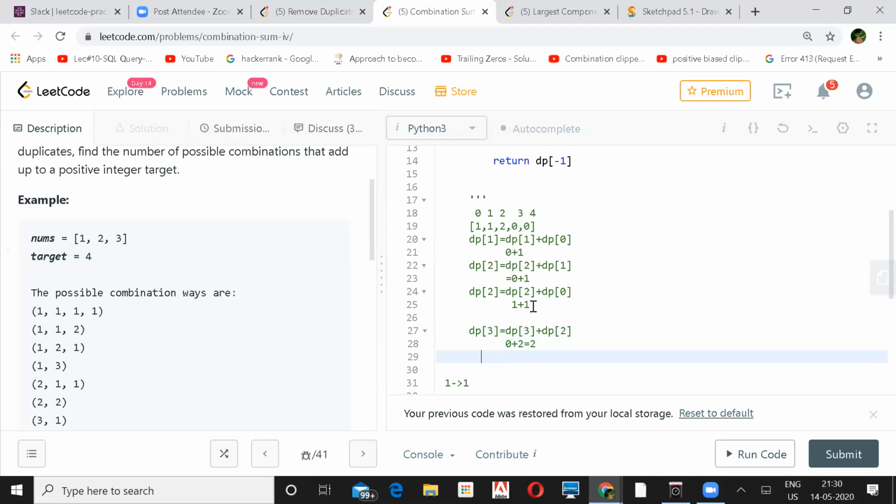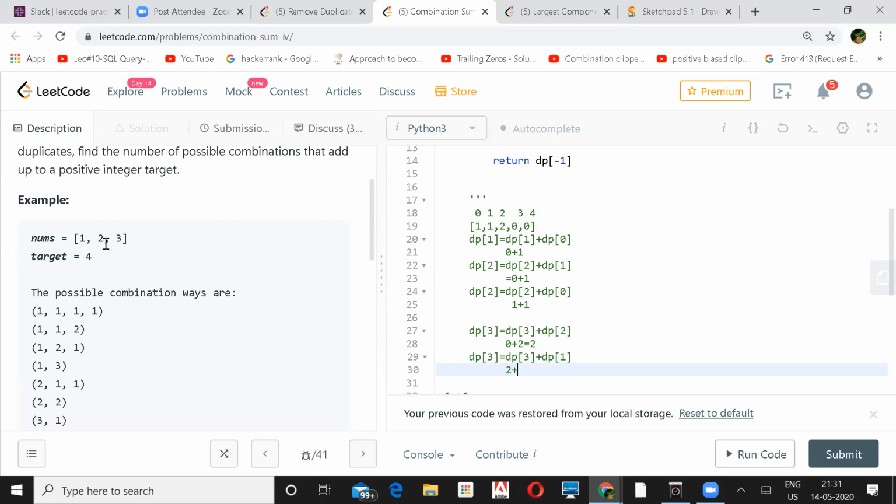Again, you will check whether 3 is greater than this. If so, dp of 3 will be dp of 3 plus dp of 1. dp of 3 is 0 initially, and dp of 1 is the updated value, so you can take that. dp of 3 is 2 as of now.